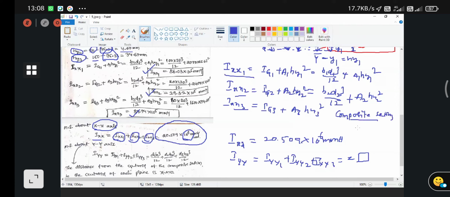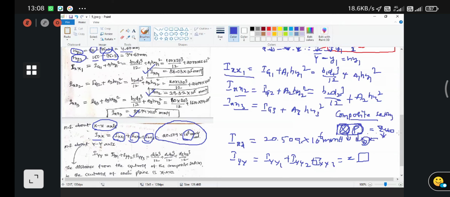So you have to find out first of all the centroid, that is x bar comma y bar. If the composite section is symmetrical about a particular axis, you are going to get 0. If it is symmetrical about the y axis, the x centroid will be 0, so there is no need to find the x centroid. If it is symmetrical about the x axis, you have no need to find the y centroid. Why? Because they are symmetrical, the centroid value will be 0.